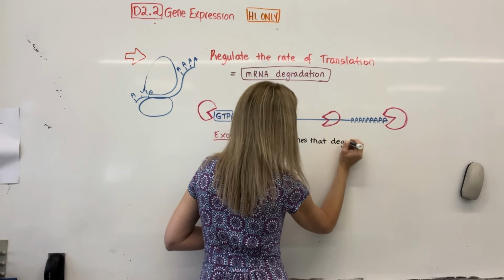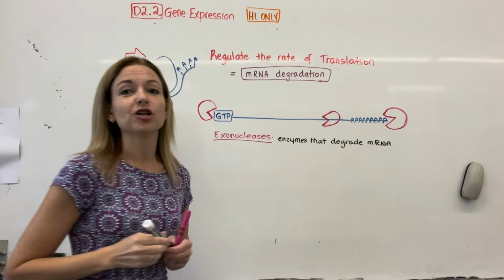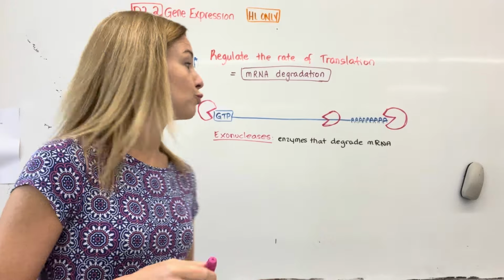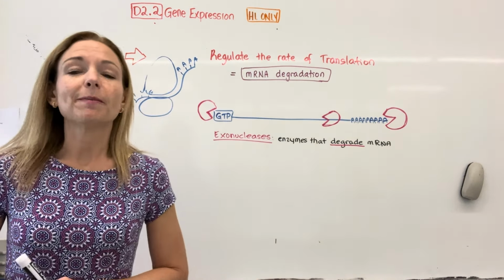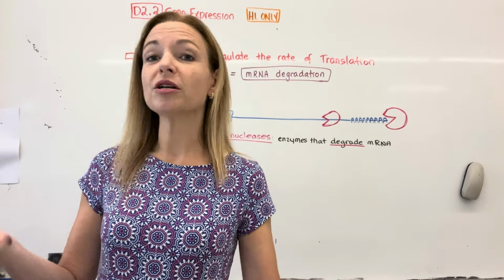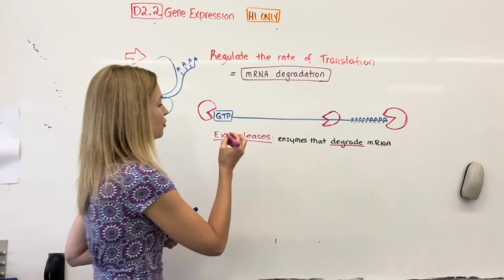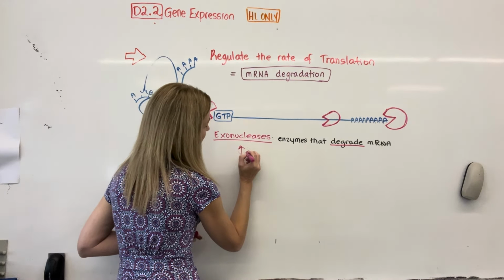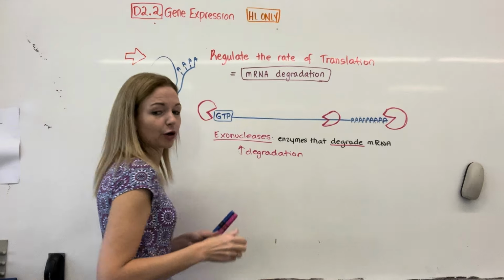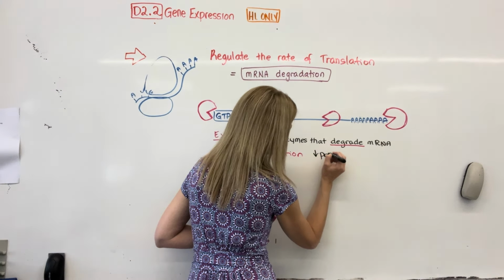And so what that means is that one way to regulate gene expression is to regulate this rate of degradation. If you wanted to get rid of an mRNA, so it's been made, but you don't need that protein anymore, because you thought you needed it but then you ate it through your diet or something like that, one option would be to increase the rate of degradation. Then that will lower the amount of protein. So if we want to get rid of the protein, we can do that.